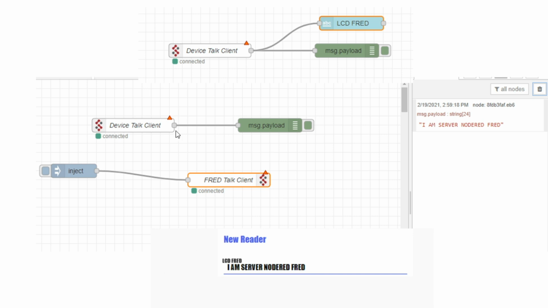Like that, different applications can be configured on the client side, and any Node-RED applications can be configured on the server side, so that the data gets transmitted across the client and the server side. So this is the objective of today's session. We have learned how to create an account in FRED, and we have created a flow with FRED in and FRED out, both on the client side. The client side is a normal local machine, and the server side is the FRED server account. There also we have to create the same applications, and we can create them.